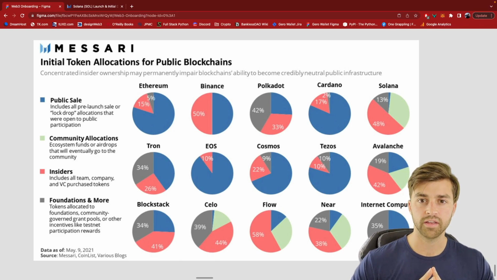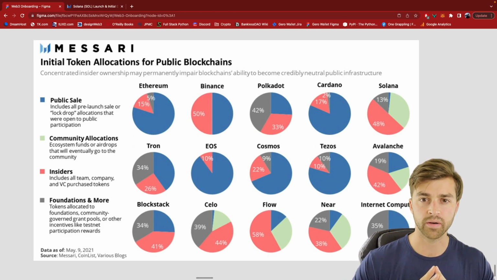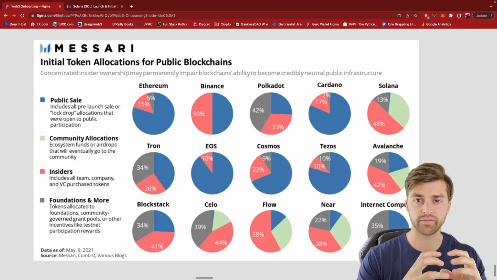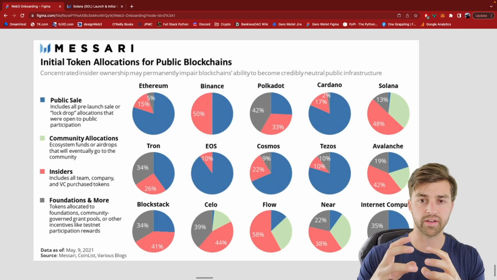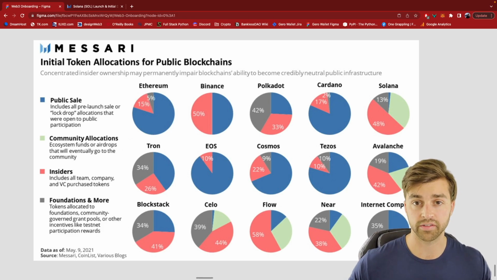And this is important in the grand scheme of things because in the next video, we're talking about SEC regulation. When a token is pre-mined or pre-allocated for a crowd sale or for a private funding sale, the SEC considers this a sale or an offering of unregistered securities if they're not security tokens.